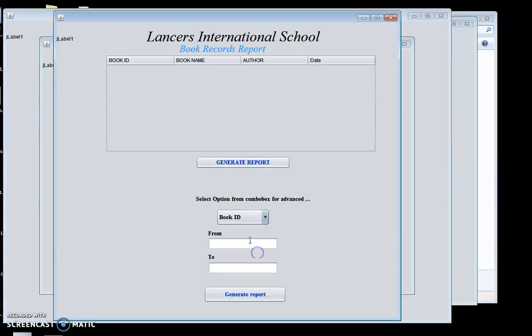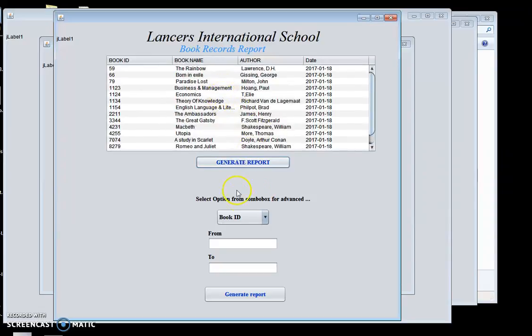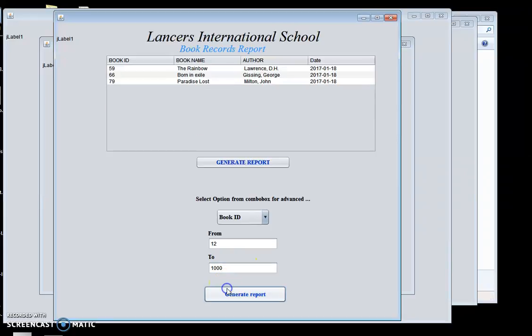Now if we go on books available report, and when we generate the report, these are the books which exist within the database. Now the user again has the option of filtering the results through book ID, book name, author, date. So from book ID, if we do from 12 to 1000, there are only 3 books within the range of 12 to 1000,